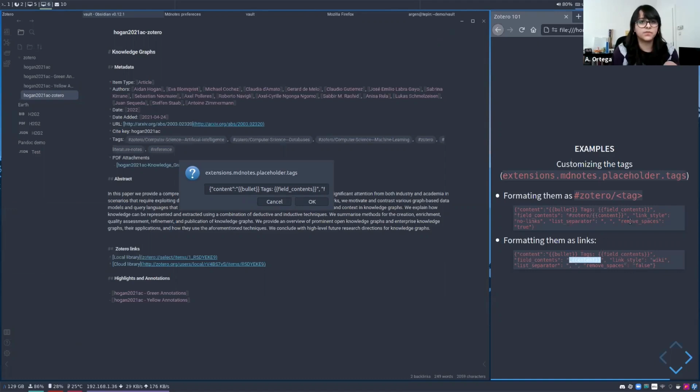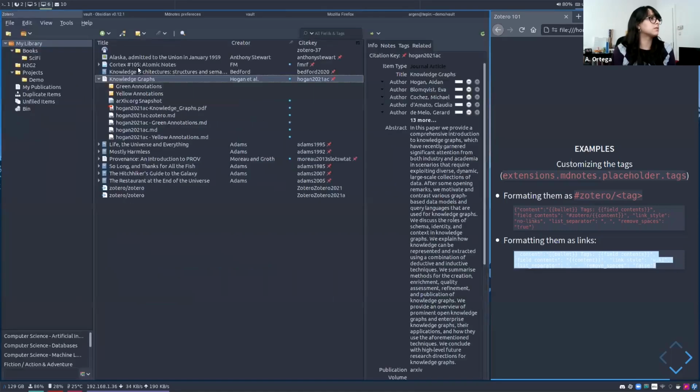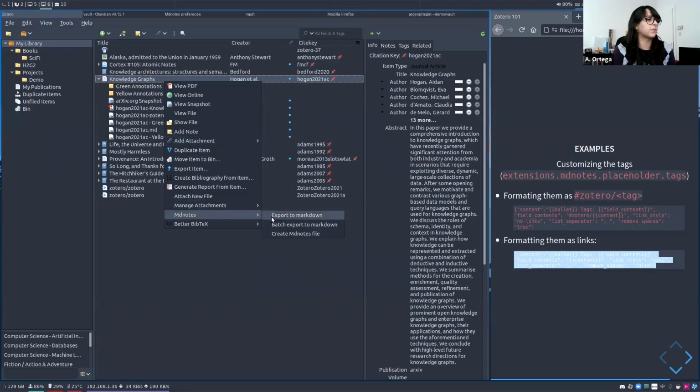And if you see here, for the tags, we are removing spaces. Removing spaces actually means adding a dash instead of the spaces because Obsidian doesn't have spaces in tags. So for the links, it doesn't matter. I actually want the full word to be there. And I'm still keeping them as a list, but I could also make them a list instead of a comma separated one. So let's do it like this. Then replace this here. And if I export again,